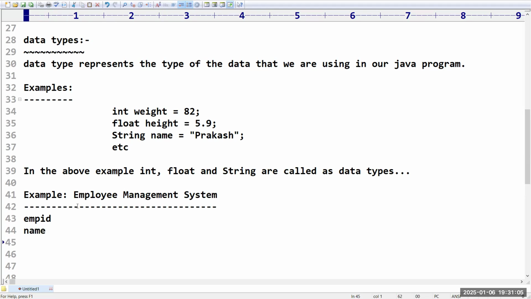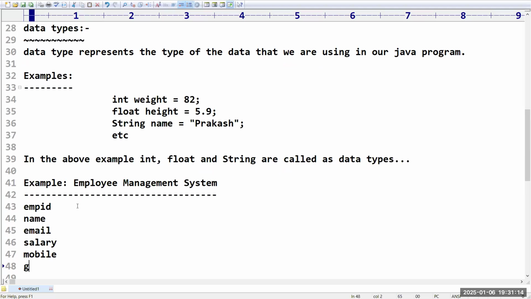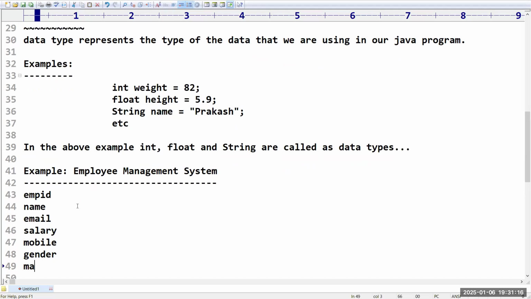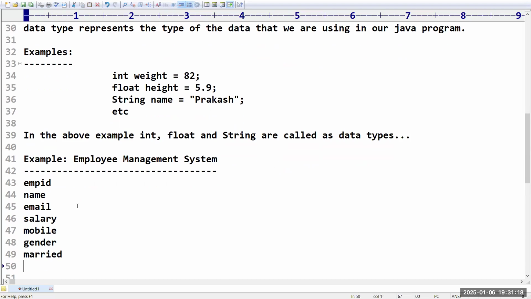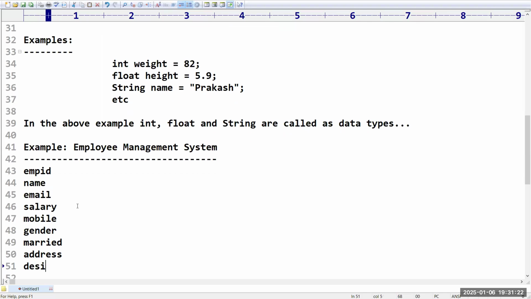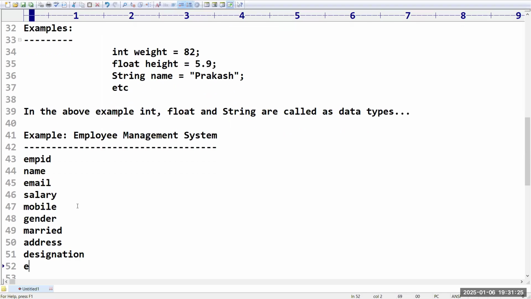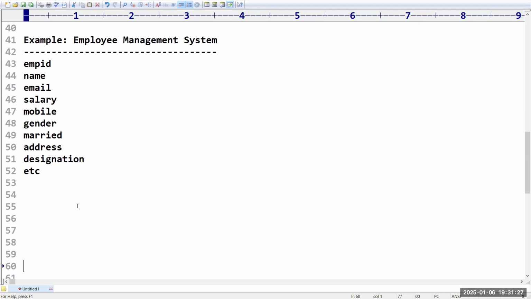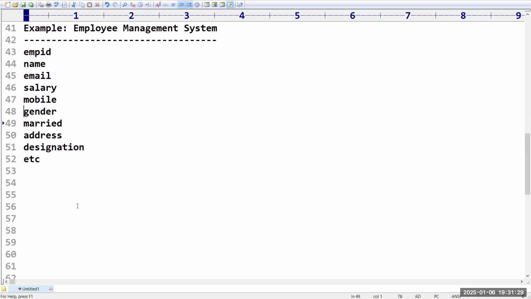Then the name of the employee, email ID of the employee, salary, mobile number, gender of the employee, whether the employee is married or not, address of the employee, then designation of the employee. Like that, n number of fields we will analyze. So in that, can anyone tell me, for employee ID, what type of data you would suggest?